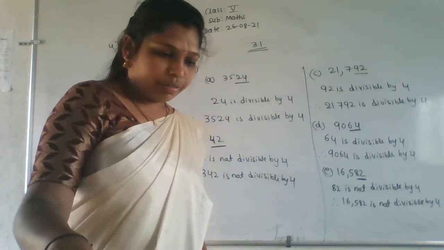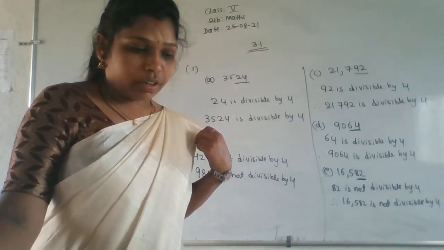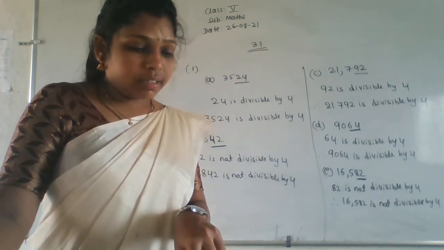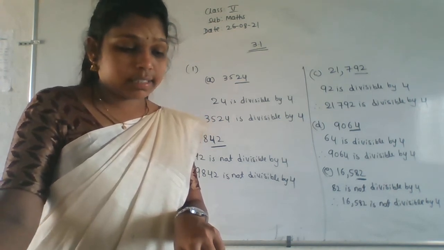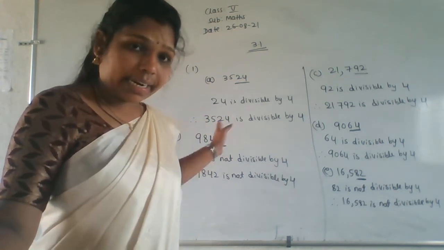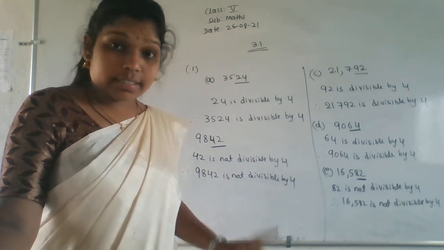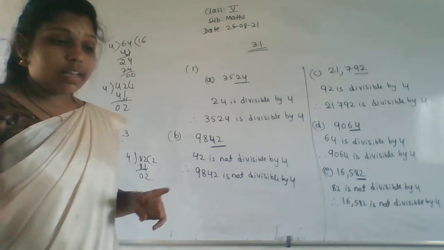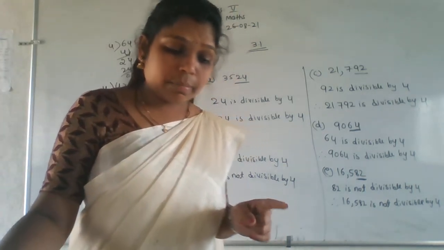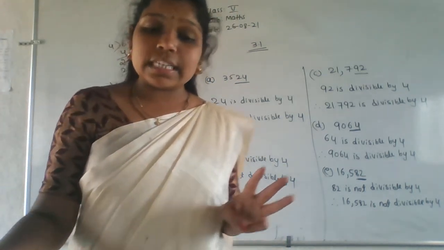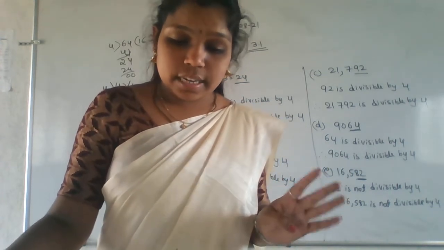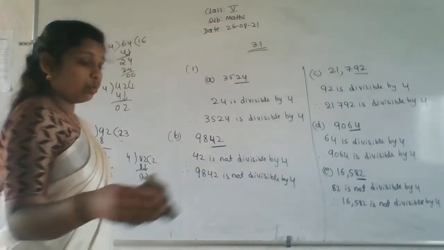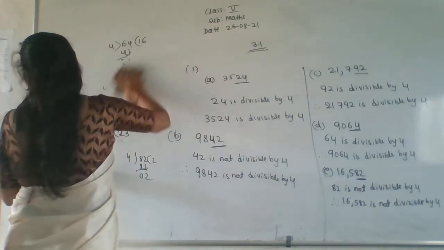Okay, so we finished the first one. Now we will go for the second one. Color those numbers that are divisible by 6. Don't color here, just write like this. We have to check for 6 now. For the first one, they told divisibility for 4. The second is about divisibility by 6. The third is divisibility by 8 and the fourth is divisibility by 11. We'll do the second one now. Start the second one.